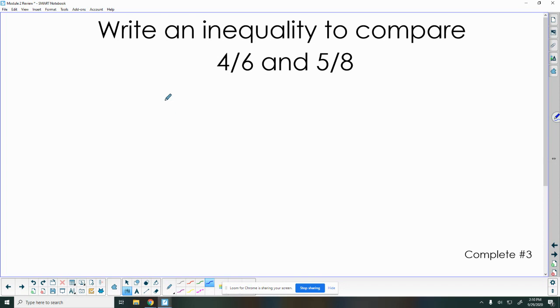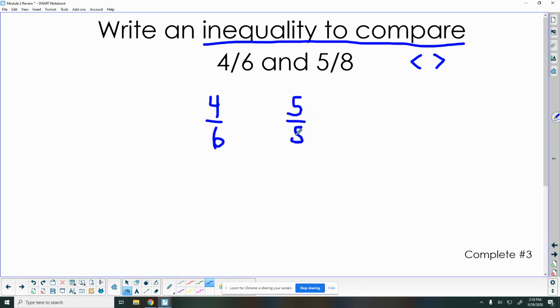Okay, number 3, we're going to write an inequality to compare. The comparing symbols are our greater than and less than signs. So we have 4/6 here and 5/8. Be sure to write those down with me. Now we do not have common denominators and we don't have common numerators. So we want to make them